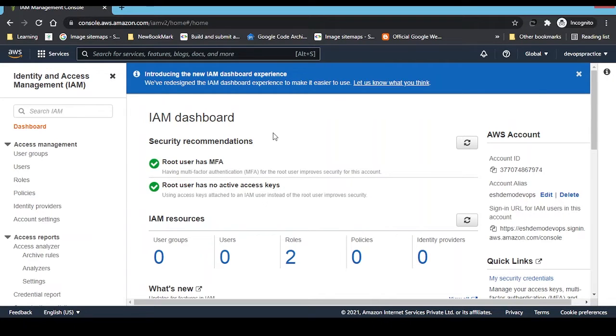So why do we need to create an IAM user and make a habit of allowing permission using an IAM user? Because once your root user is compromised, the attacker will get all the access to your resources, and he can do anything he wants, and you are going to be paying unnecessary bill charges. So once you create an IAM user, based on your convenience, you can allow the permission to the user for which resource he is going to use.